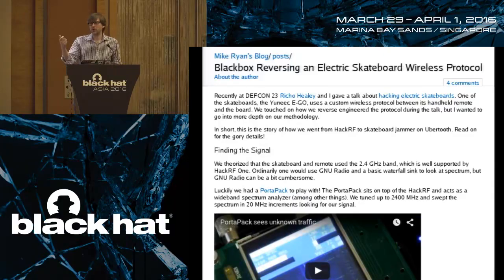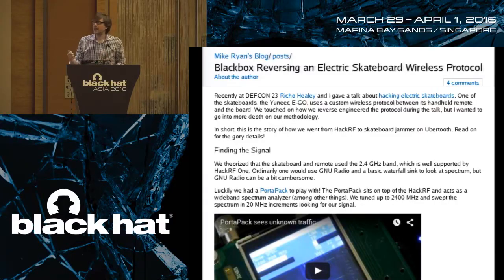So they give you a little remote control that you hold in your hand as you ride the skateboard around, and it communicates wirelessly with the skateboard. And what Mike did was the same thing that Samy did. He used SDR, he used a HackRF to do the initial reverse engineering to find out the physical layer characteristics